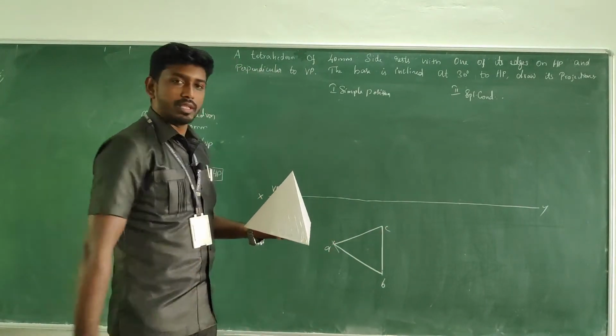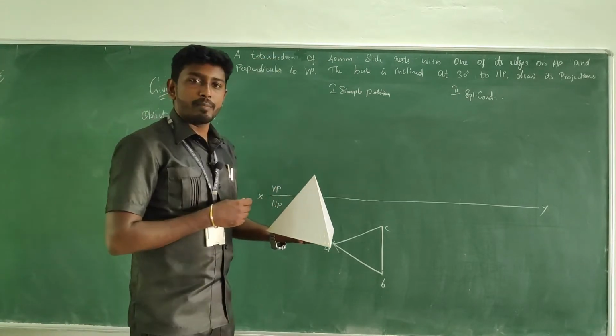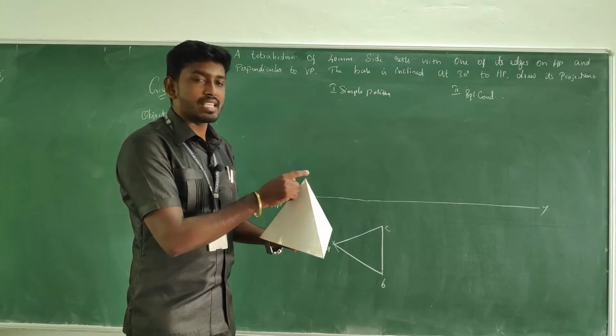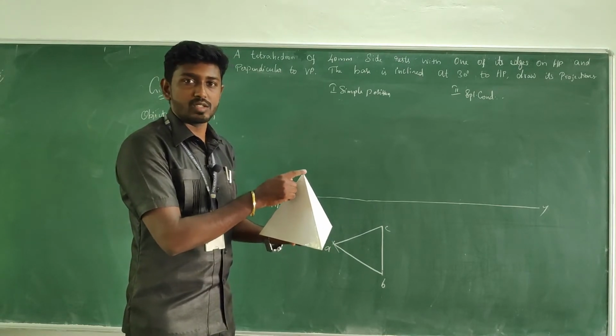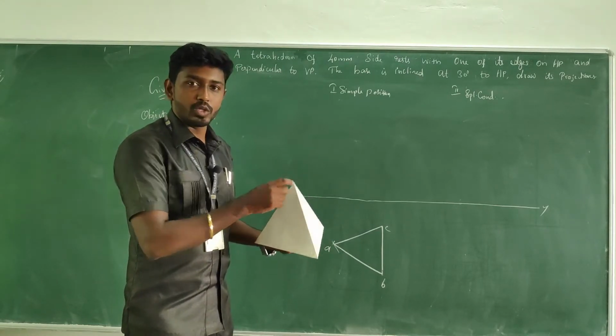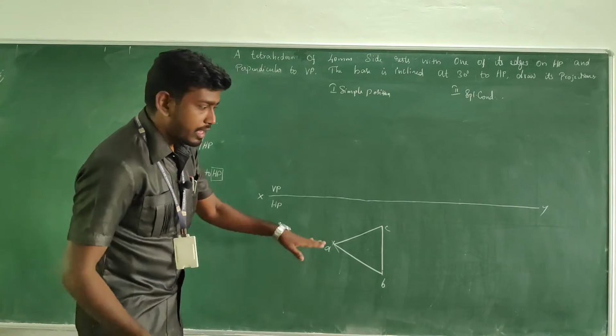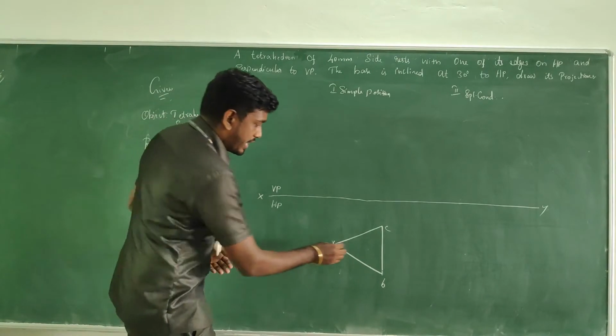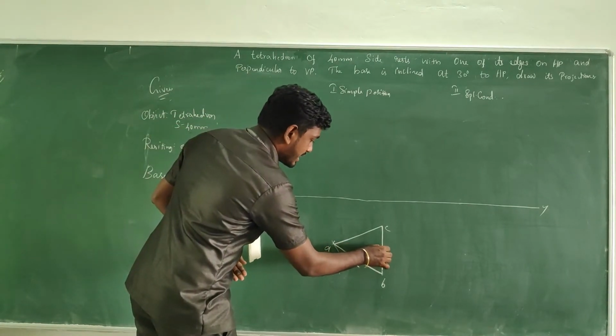A, B and C. When you're looking from the top, the particular corner is also visible. I'm going to take this as O. It's not the apex, but I'm going to define it as O. In order to specify it, what we have to do is just take the midpoint of